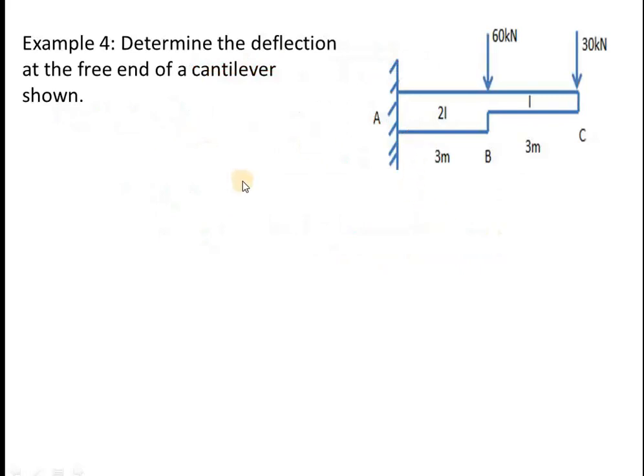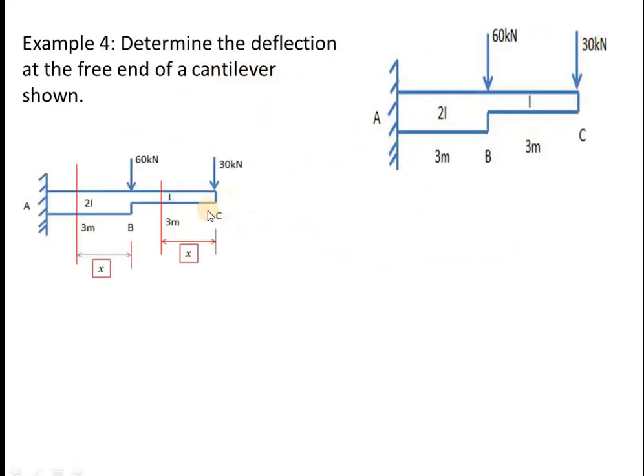Now we will take one more problem in cantilever. Again, here we are using the unit load method itself. So this is the given loading. Now we have to take sections in CB as well as BA portions. In this case, we are coming from the free end, whereas in a simply supported beam, for a left portion we come from the left end, and for a right portion we come from the right end. Here, as we don't want to calculate the reactions, we directly start coming from the free end itself.